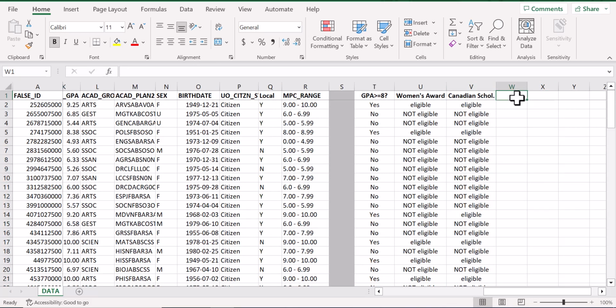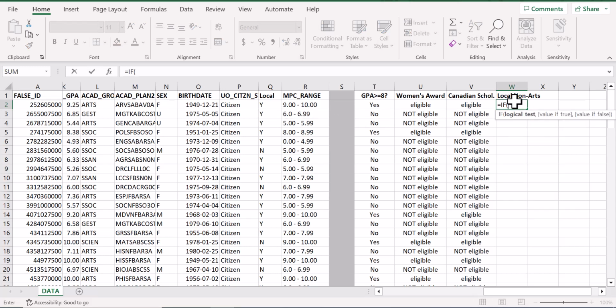Now let me show you how to use the not function. Let's say there's a scholarship available for local students as long as they're not registered in the arts. And now that I say this example out loud, it sounds really cruel, but it's just a fictitious scenario, so don't get upset with me. So in my if function,